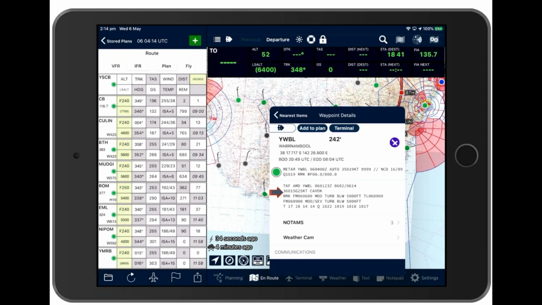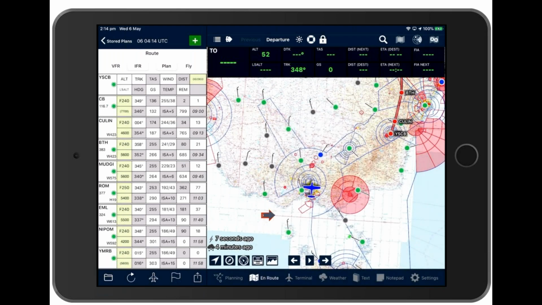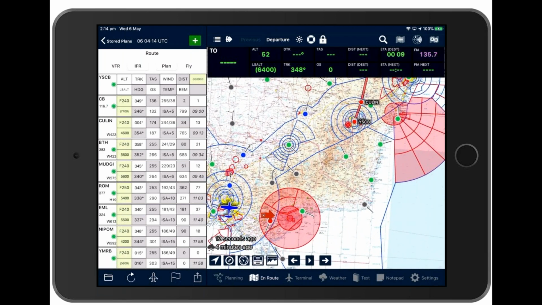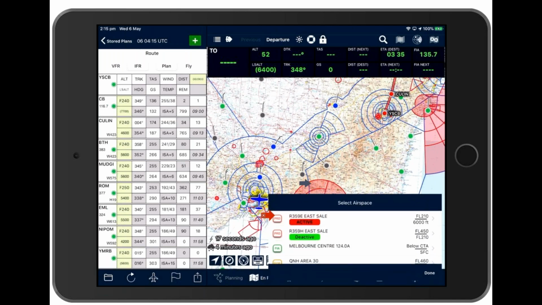TAFs, NOTAMs, weather camera, communications information, and then charts. Now to find out about things in the air, that's a double tap. So if I want to find out about airspace information, double tap on the map, and I'll just double tap